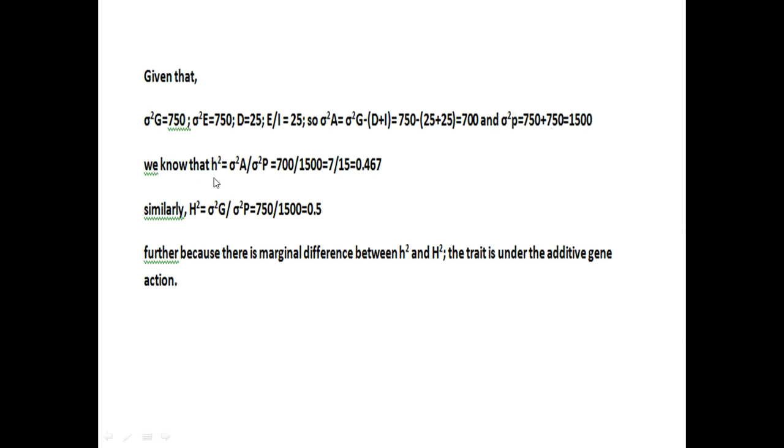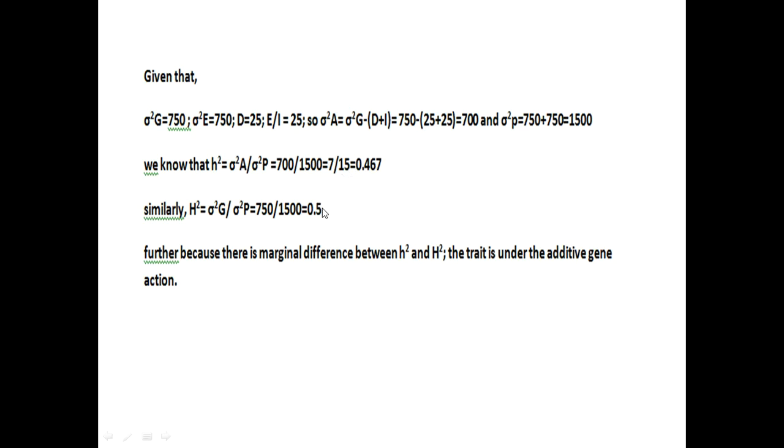Now, heritability in narrow sense has already been dealt with as sigma square a upon sigma square p. You have found the value of sigma square a as 700 and sigma square p as 1500. Substituting both values, you have 0.467. Similarly, heritability in broad sense is given by the formula sigma square g upon sigma square p. These two formulas were also dealt with in the last lecture. So it is equal to 0.5. You see the difference between this small h square and this capital H square is very negligible. This is 0.467 and 0.5, so much so that if I round it off, I'll definitely get it as this one.